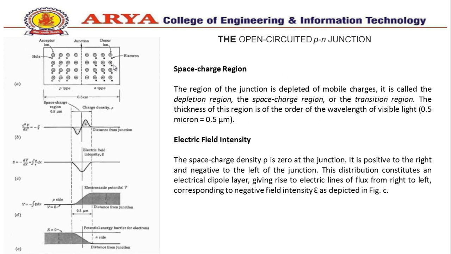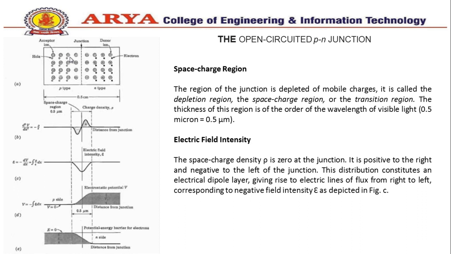We know that in an open circuited PN junction, if donor impurities are introduced into one side and acceptors into the other side of a single crystal semiconductor, a PN junction is formed. This can be shown through this figure. In such a system, donor ions are represented by a plus sign, because after the impurity atom donates an electron, it becomes a positive ion, and acceptor ions are indicated by a minus sign, because after this atom accepts an electron, it becomes a negative ion.